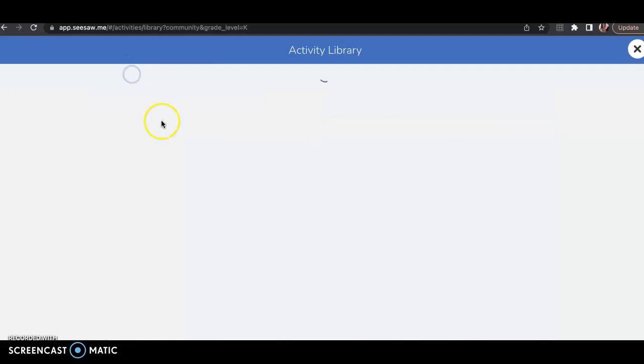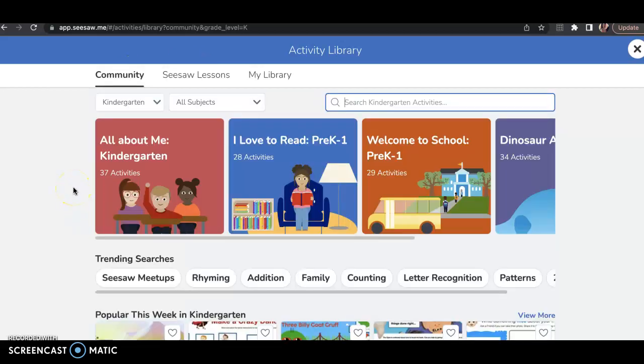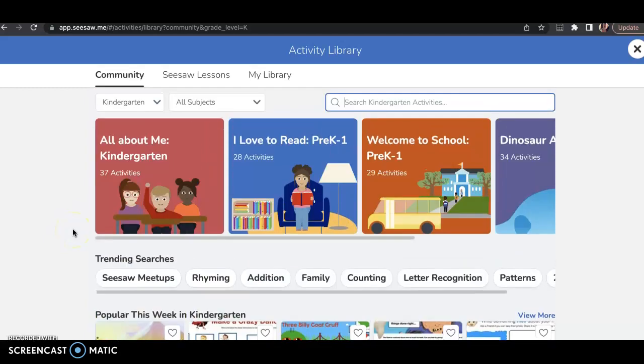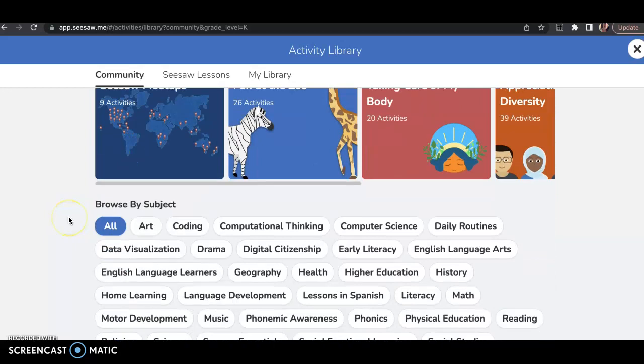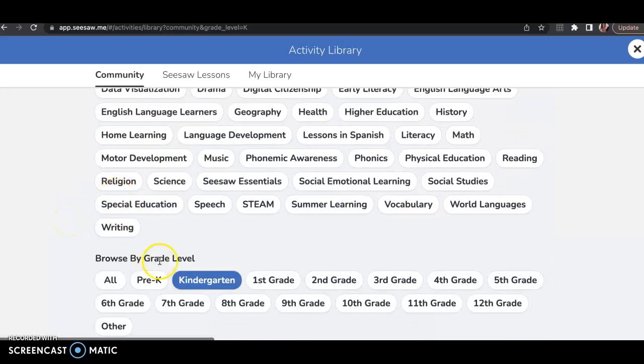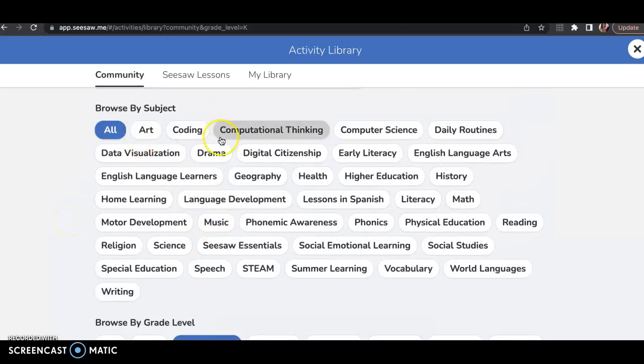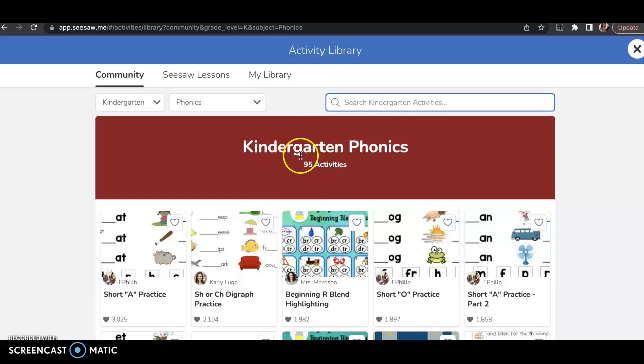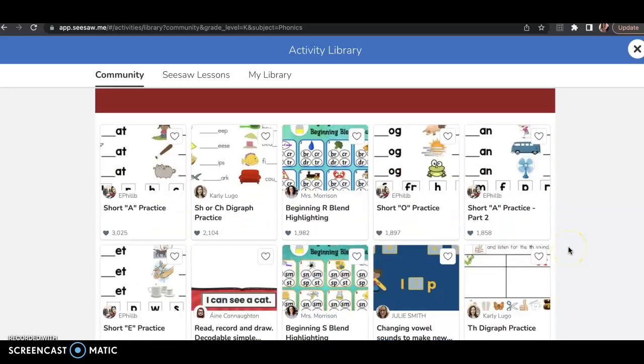You can click community and search for all these different activities. So you can choose what grade level you want to do. So I can do, then I'm looking for kindergarten. Maybe I want to focus on different phonics skills, and it will give me a whole bunch of kindergarten phonics